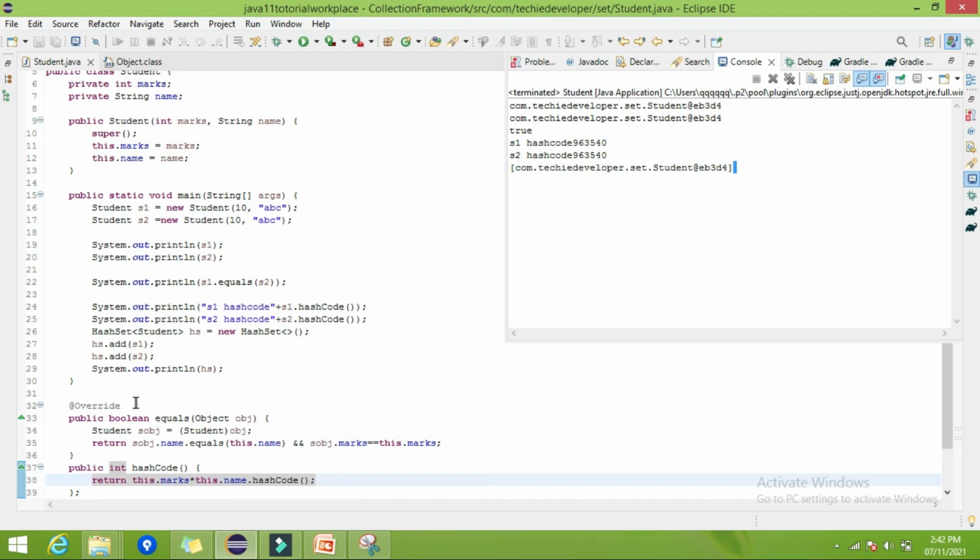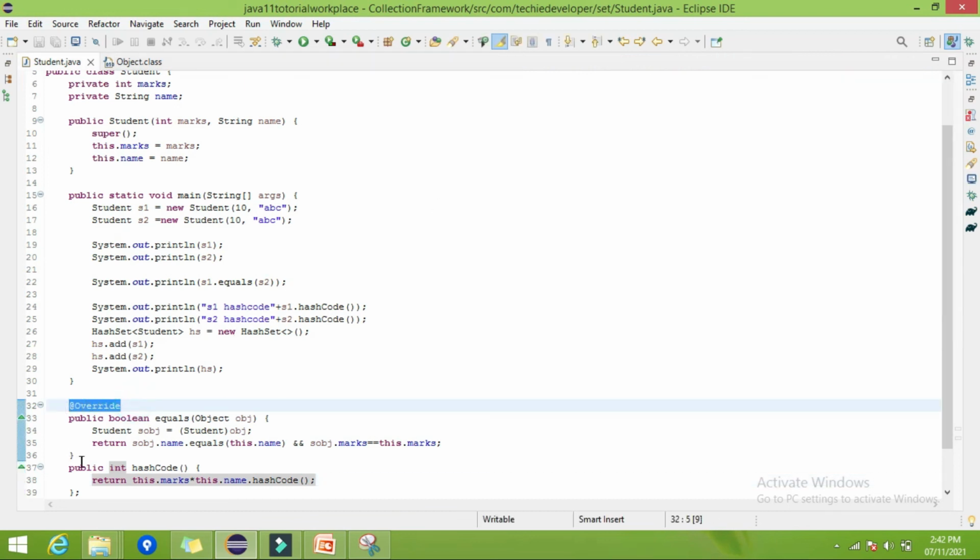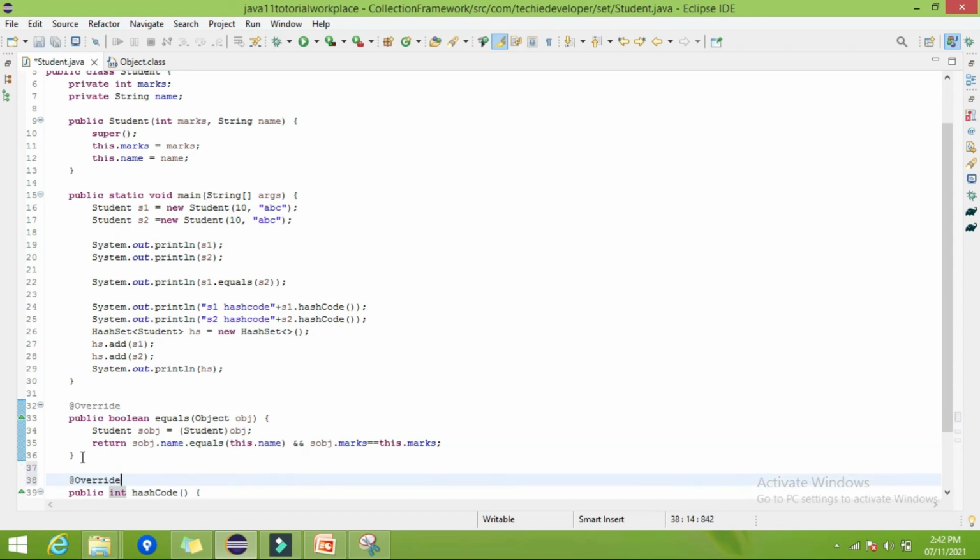So you can add this annotation here, to avoid confusion, it is the overridden method. Okay, so hope you guys are clear what we have done here, and now I think the concept of hash code, overriding equals and hashCode is much clearer now. Now this will help us to understand the internal implementation of the HashSet, which we will study in the next video.